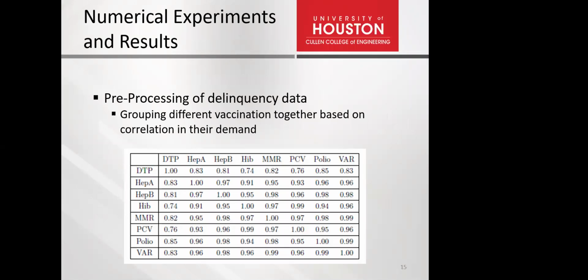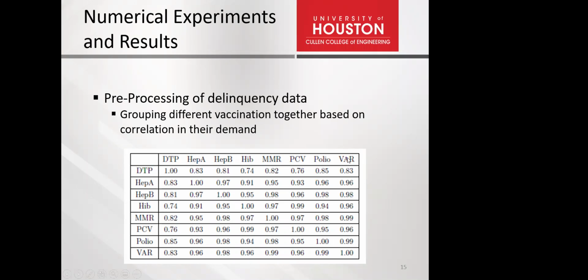Now, before starting the numerical experiments, there is some pre-processing required. Essentially, we know that for different grade levels, such as kindergarten, pre-kindergarten, and 7th grade, there are different vaccinations. But to reduce the variance in the demand data, we can group different vaccinations based on their correlation in their demands. So for example, if we look at the pre-kindergarten level, we see that among these